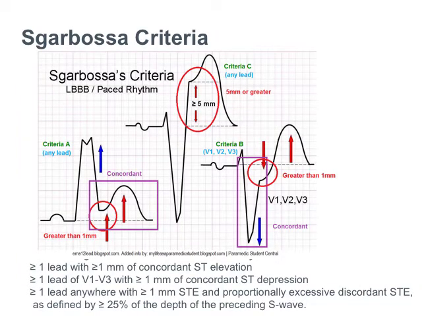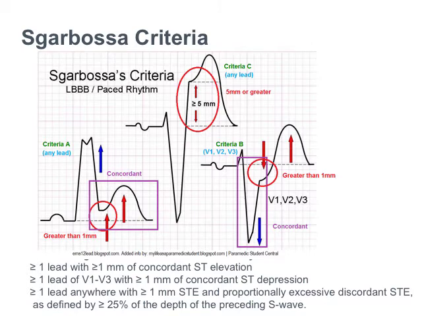So basically, in order to get around this and to say, hey, can we look for signs of ischemia in a left bundle or a paced rhythm, the Sgarbossa criteria were developed. And the picture on here shows the original Sgarbossa criteria. And it basically says, if you understand two things, you'll understand Sgarbossa. It says, if you look at criteria A here, that if you have concordant